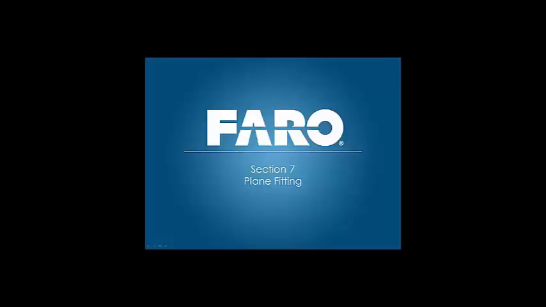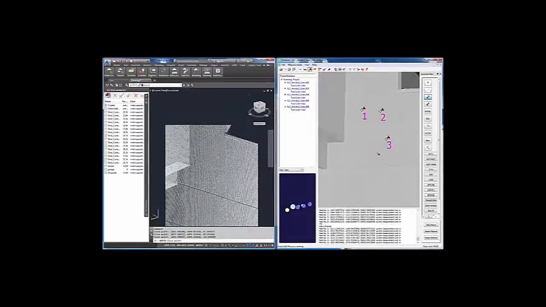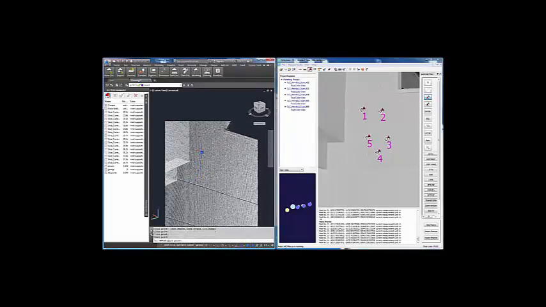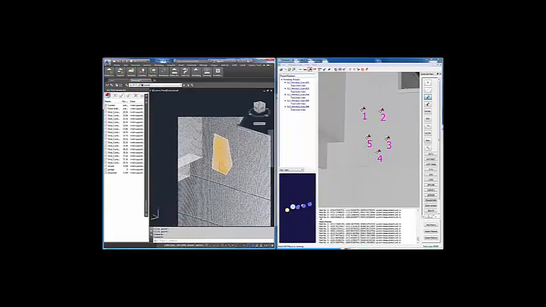Section 7, plane fitting. Planes can be fit to help you determine edges and corner points. Using the Fit Plane tool, we can use Click Points option to select 3D points from VirtuServe, and we can also combine that with point selection from CAD. Once you have 3 or more points, you can click OK or enter an OK to create a cubit plane,